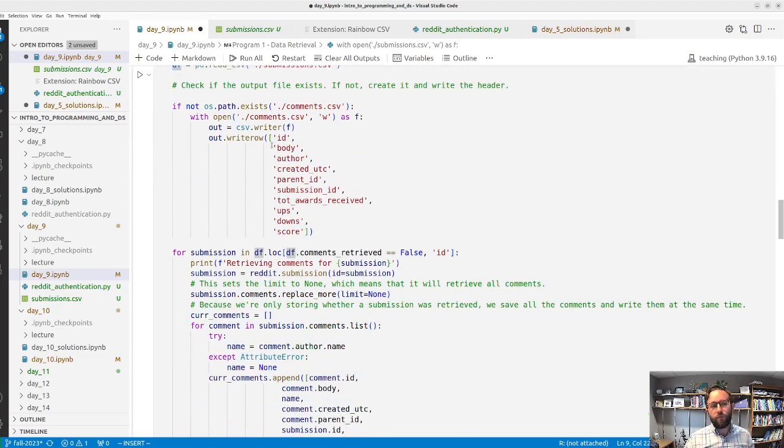So first we write a header, and in this case, there's actually lots of data that's part of this. For some APIs, they will give you JSON directly, and then you can save that JSON to a file. And that's usually a good way to do it, because then you can save everything that they give you when you make a request. For better and for worse, the